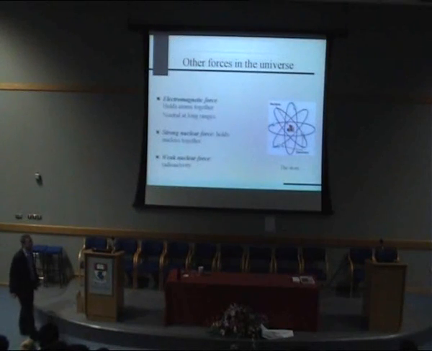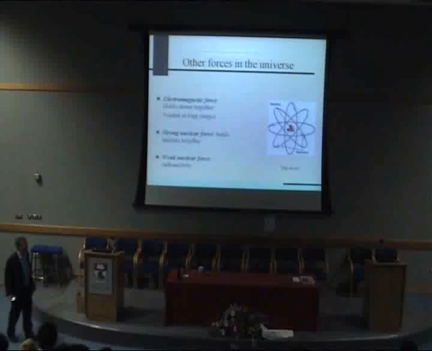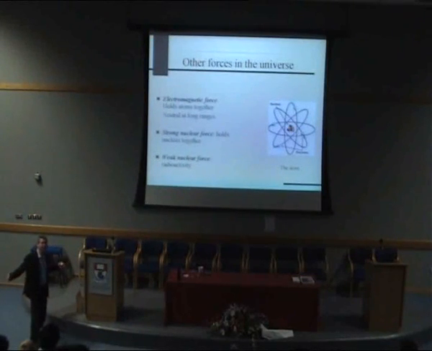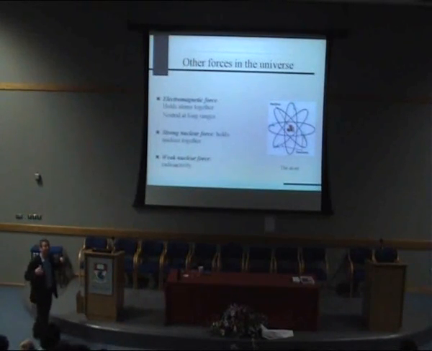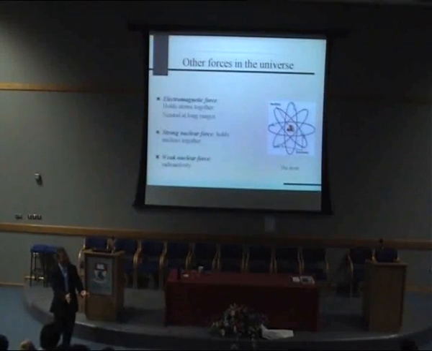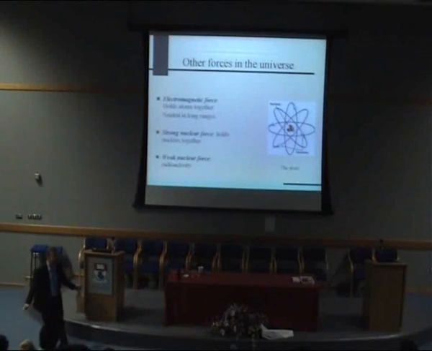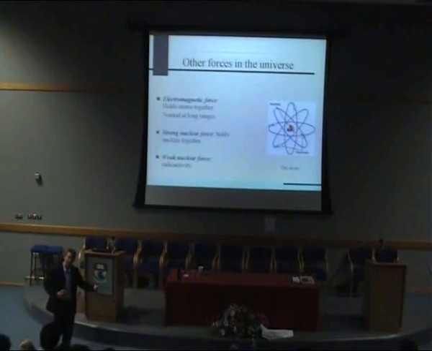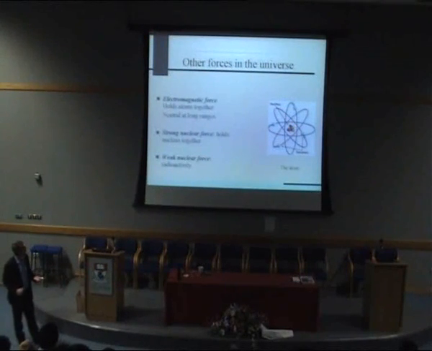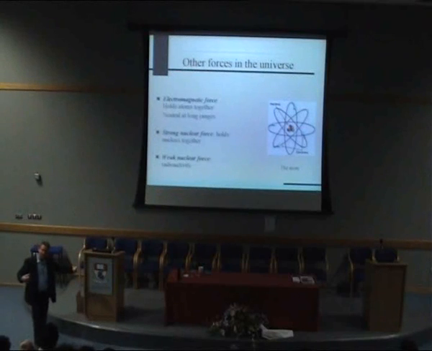You've all heard of electricity. Well, that's basically the electromagnetic force, which is electricity and magnetism together. That holds atoms together. But the thing about that force is it doesn't really affect things at long range. And the reason is because it's a very, very strong force. So something that is positive very quickly gets together with something that's negative. There's no singles in electricity. You very, very quickly marry something of opposite charge because it's a very, very strong force. So if you have a proton somewhere in this building and there's an electron anywhere in Ireland, it'll find that electron very, very quickly. So at long ranges, the electromagnetic force tends to be neutral. So it doesn't really affect things on the cosmological scale.